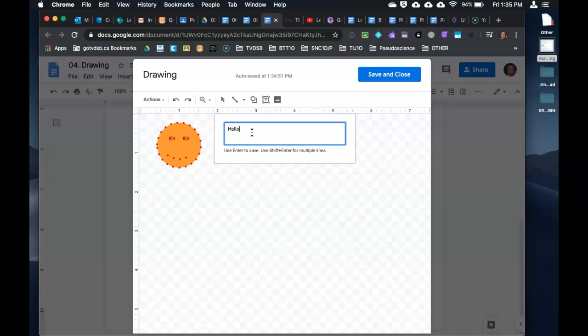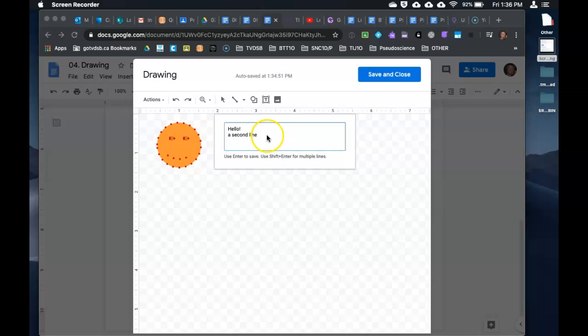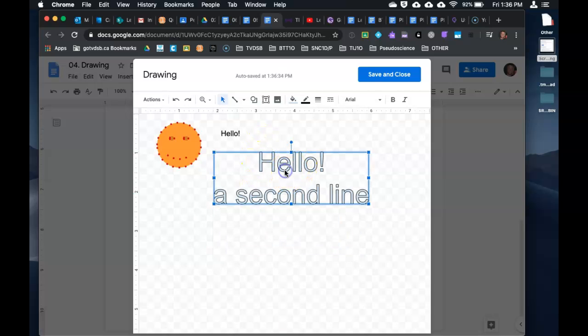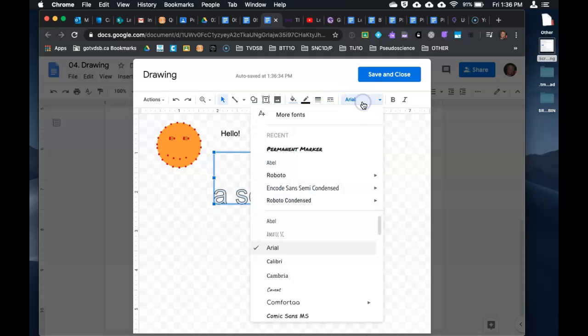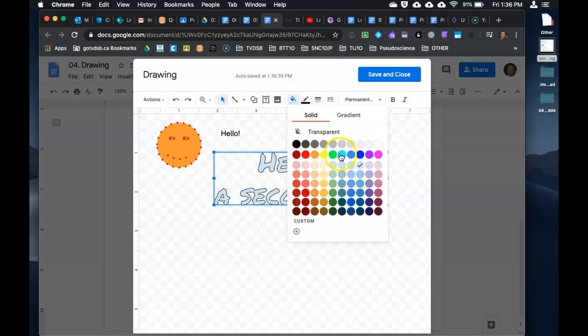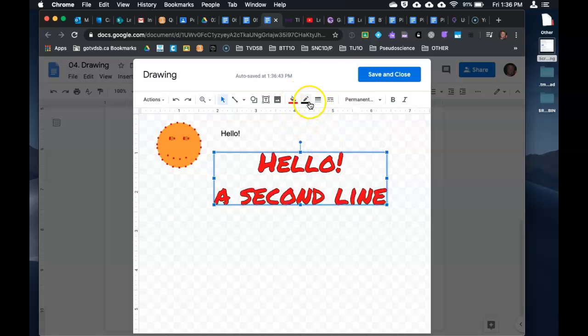So if I type in hello here, you can see it also says if I use Shift-Enter, I can add in a second line if I'd like. And if I hit Enter, it gives me this nice little box. Now, I can click on it and change the font to say something like permanent marker. I can change the color on it to a red, change the borders, same as what we did with our images or our shapes. You can insert equations if you'd like, and